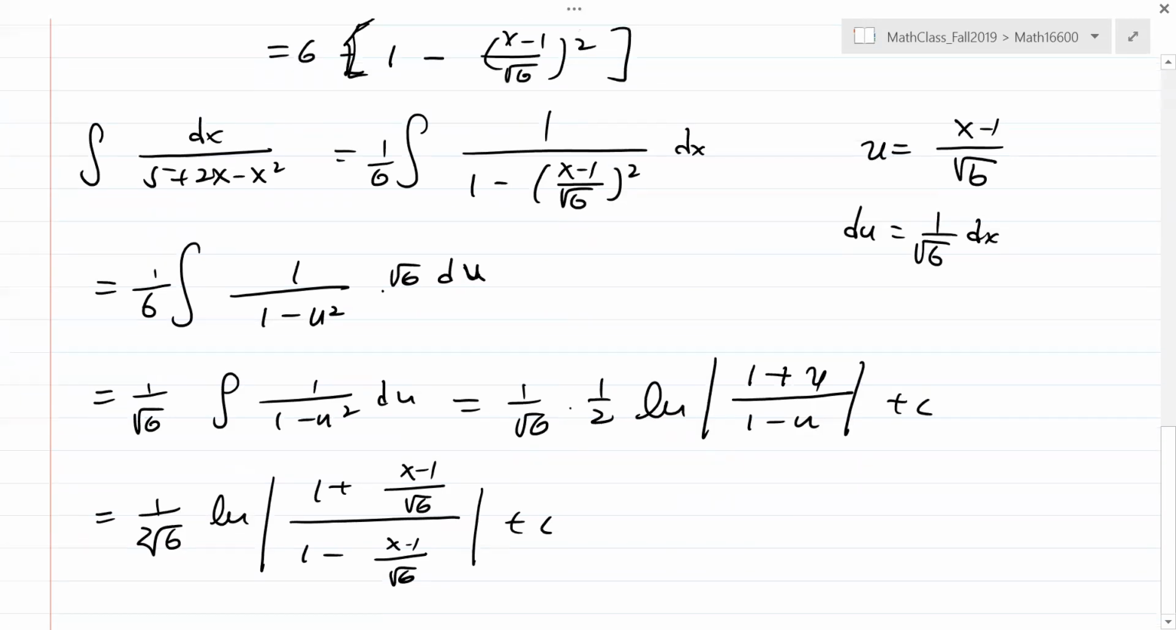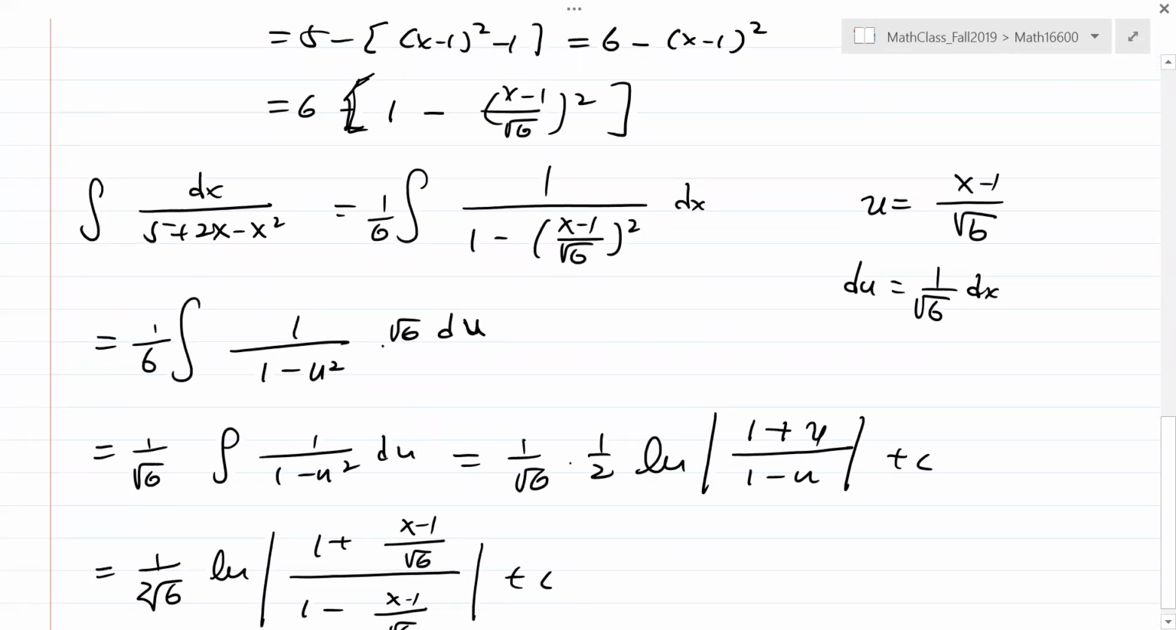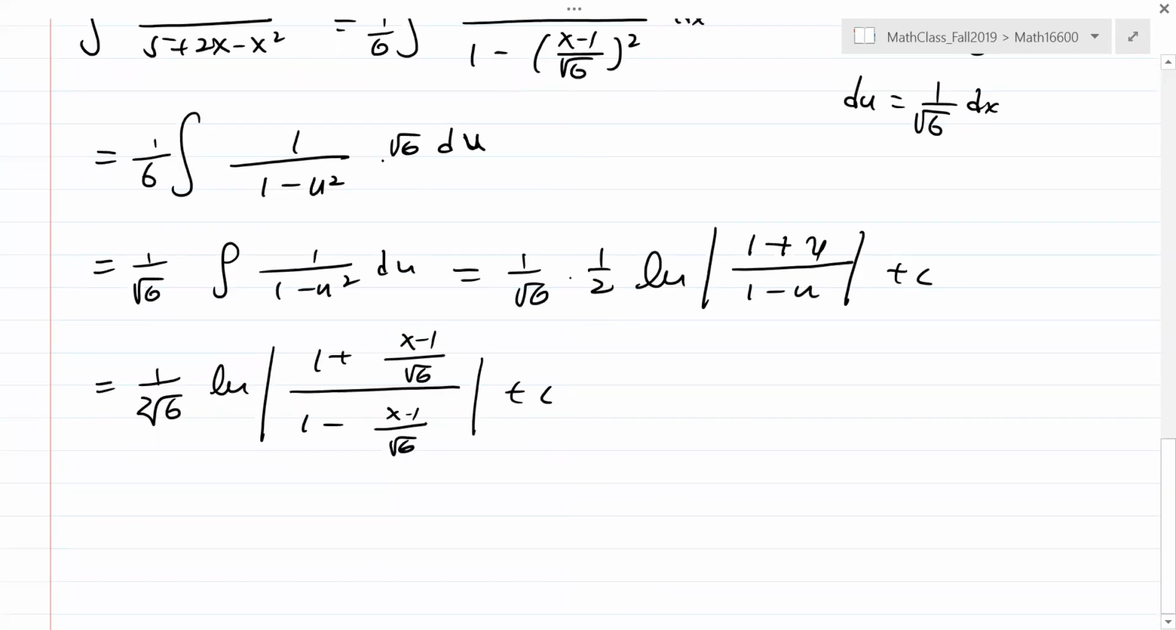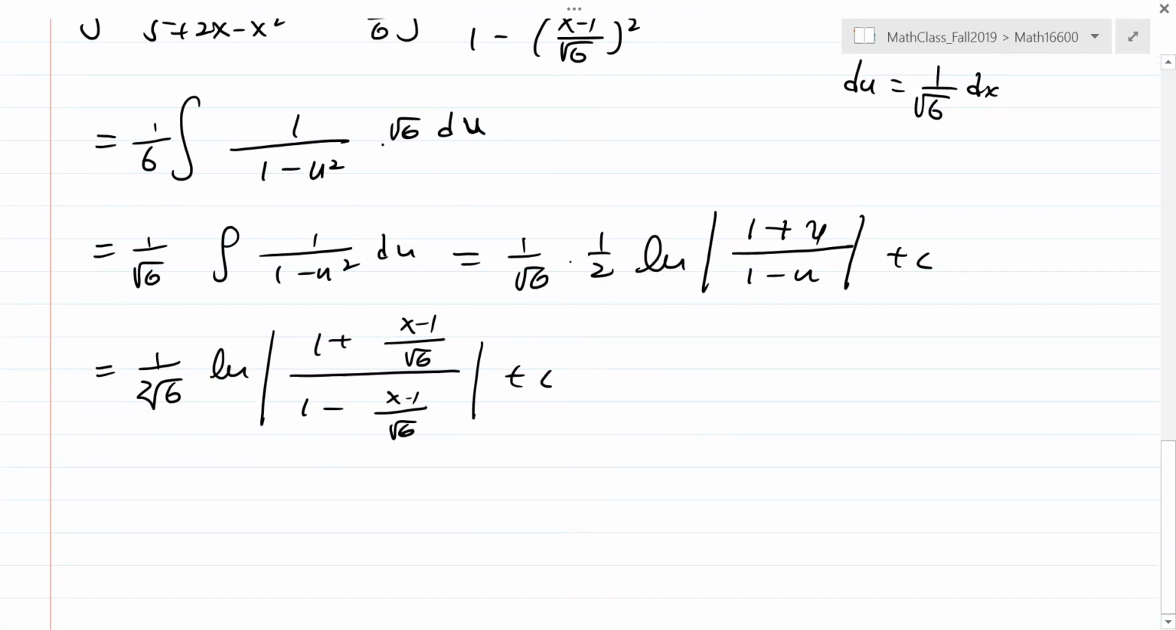Now, if you do not take 6 out, then when you use a substitution, it still involves radicals, okay? But anyways, the idea is to simplify the integral to 1 over 1 minus u squared. For polynomials,